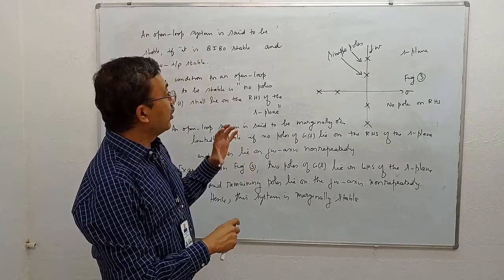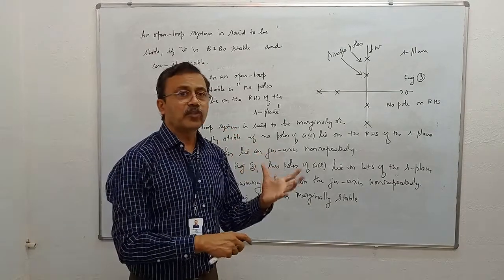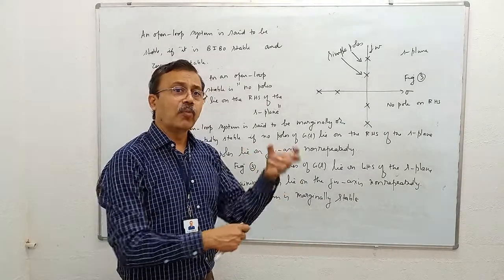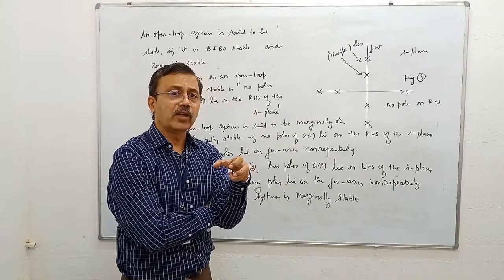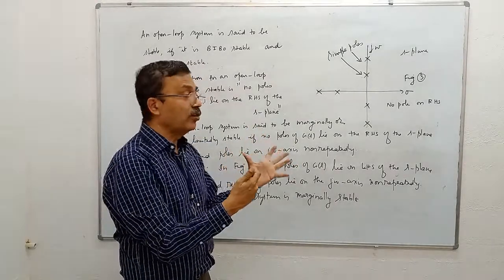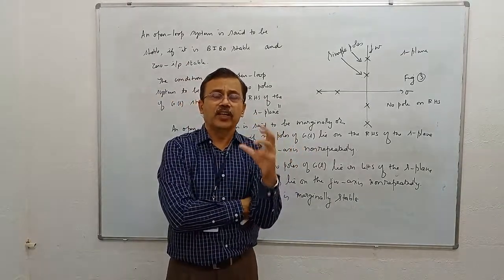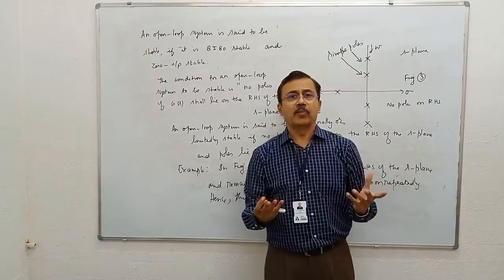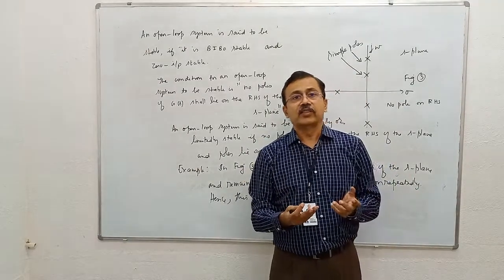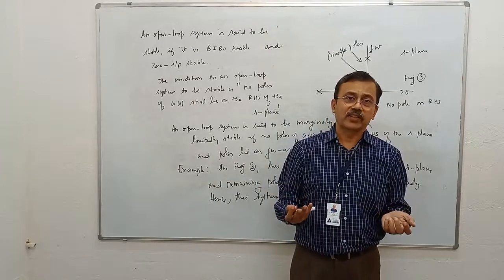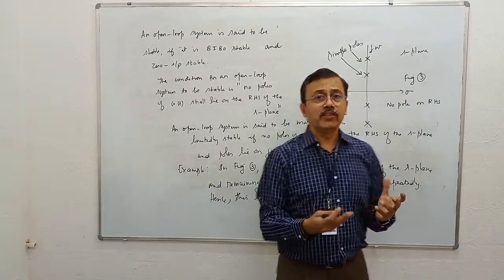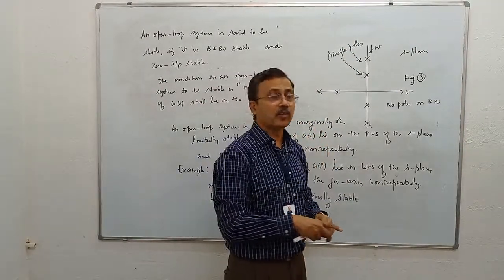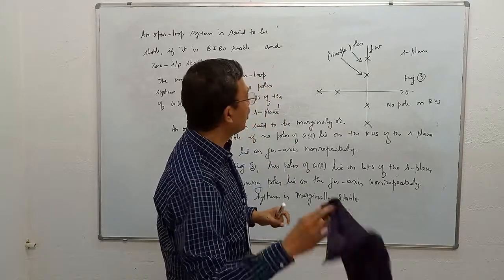So, see the two important things I have told you: what is BIBO stability and zero input stability to begin with. Then I brought in the concept of marginally stable. What does marginally stable mean physically? Physically, a system is stable means the system is working. Aircraft is stable means aircraft is operational. System is unstable means the dead aircraft. System is marginally stable means it is on the verge of becoming unstable.